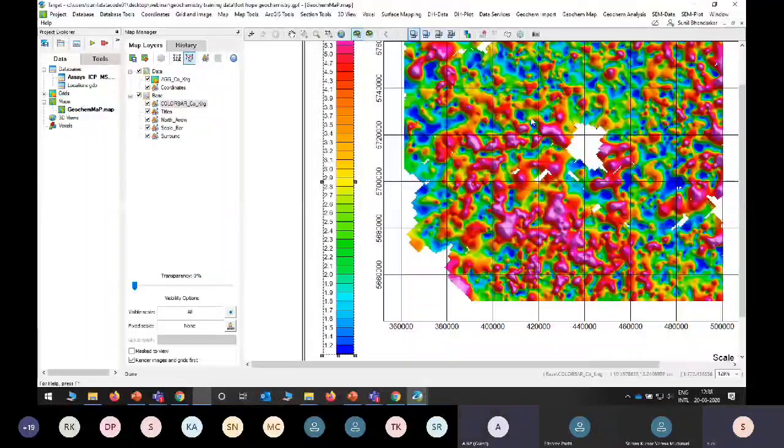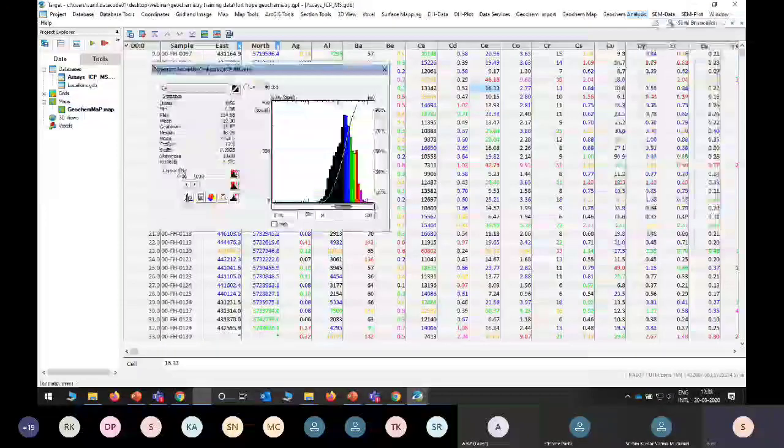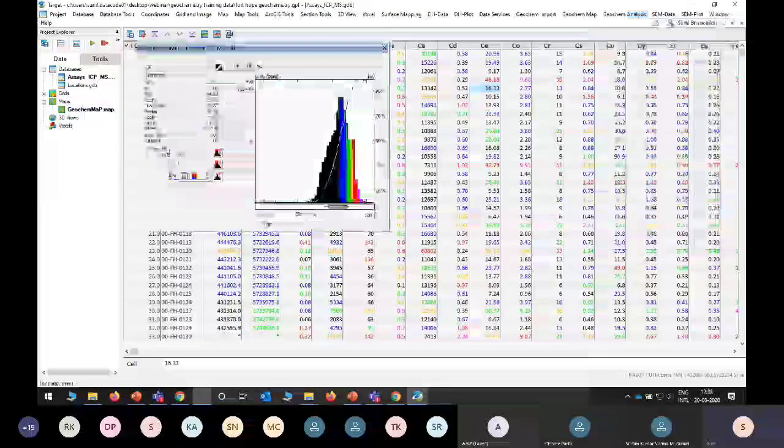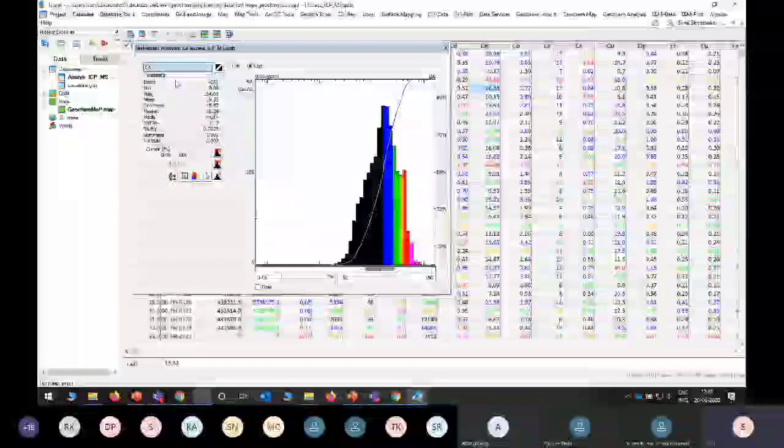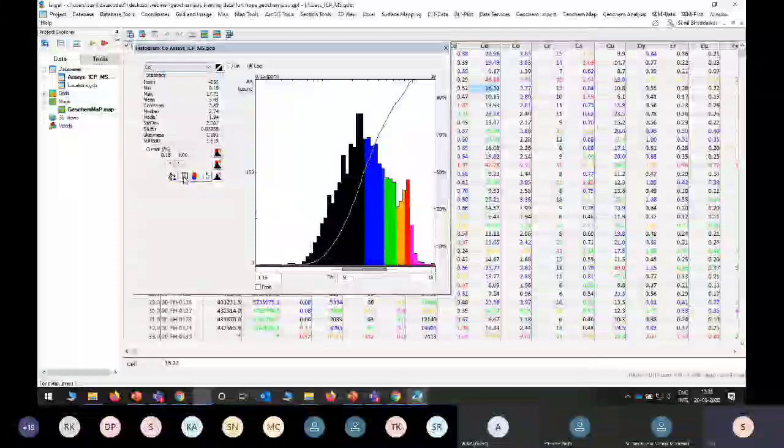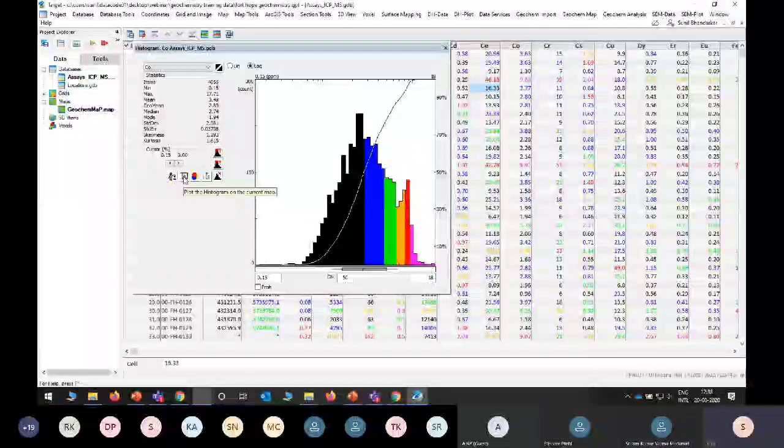So this is how we can create geochemical maps. Then we can do some analysis here quickly. For histogram analysis, you can create a histogram here itself. This is for beryllium, this is for cobalt. You can see the value, and here you can select so that the same histogram you can plot on your current map.